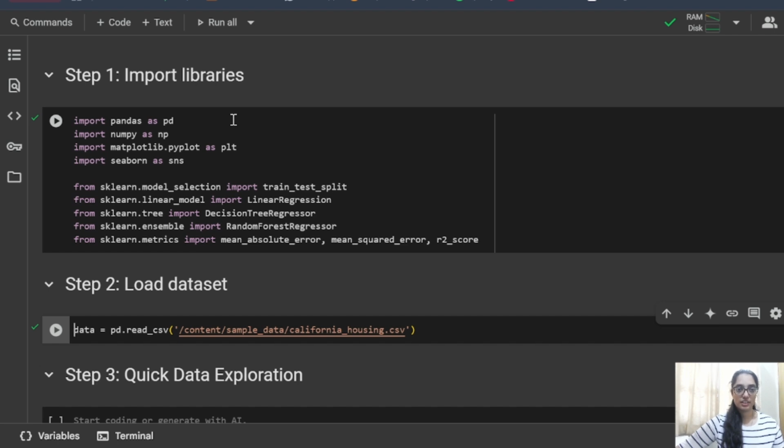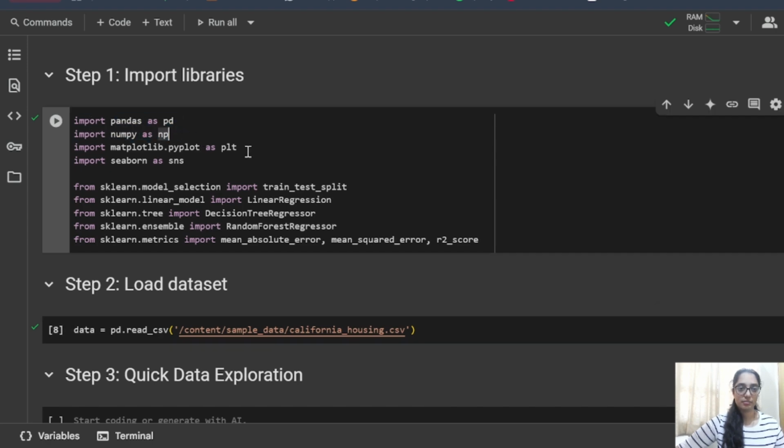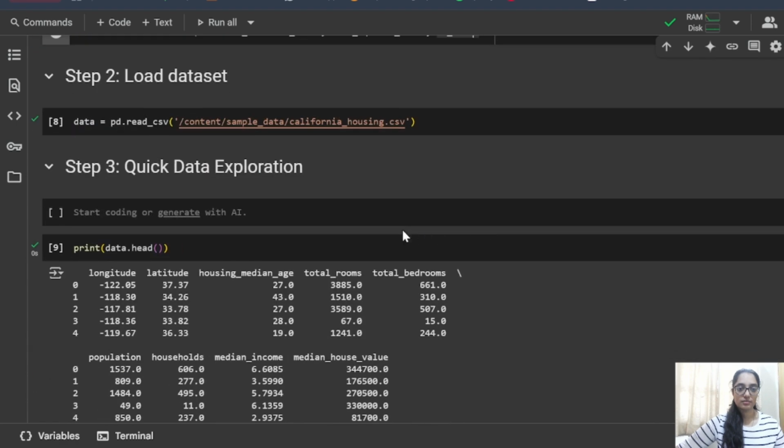Time for the real battle. We have a data set with 3000 housing records. Each algorithm gets the chance to train and then prove their prediction. In this code, we can see that we have imported the libraries like pandas, numpy, matplotlib, seaborn, scikit-learn for train test split, linear regression, decision tree, random forest, and scikit-learn metrics like mean absolute error, mean squared error, R squared,